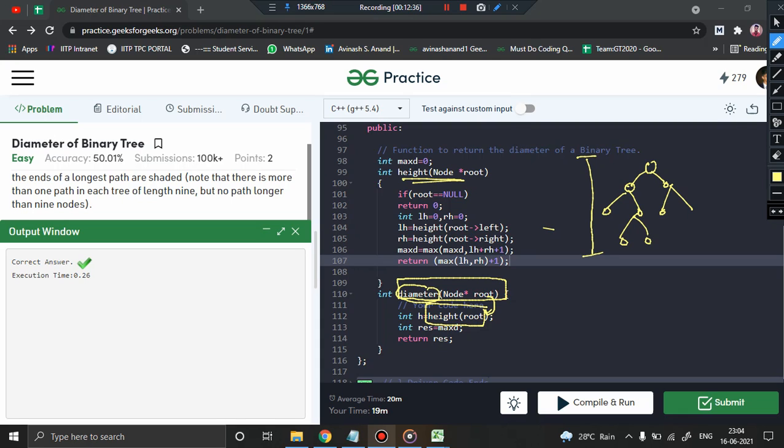And while I am computing the height of this tree, I know that I always compute the left subtree height and right subtree height, right? So every time, whenever the left subtree and right subtree heights are computed, why not compute left subtree plus right subtree plus 1 at that point, and keep track of the maximum of the values. Getting the point? To make it more clear, suppose you have a node.